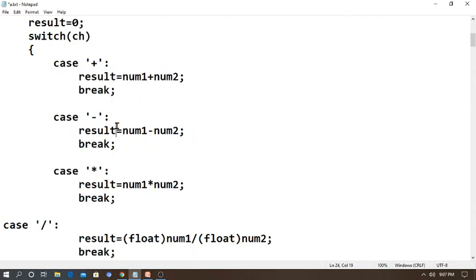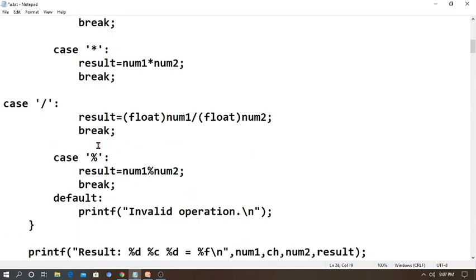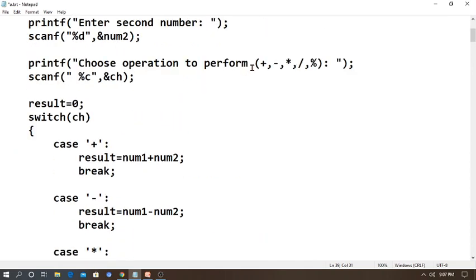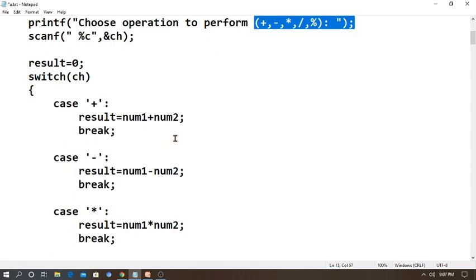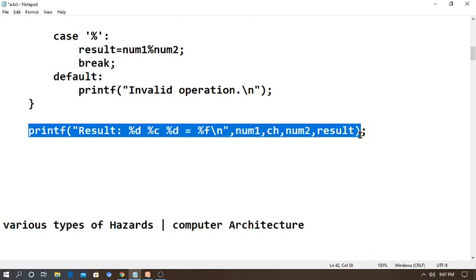Again run the program. If you give subtraction, it will do the subtraction operation. Similarly multiplication, division, and remainder also. At last, printf, you can say invalid operation. If you press unknown symbols or some number or character, it will say invalid operation only. At last, if you want to see the result, we can write the statement printf result %d %c